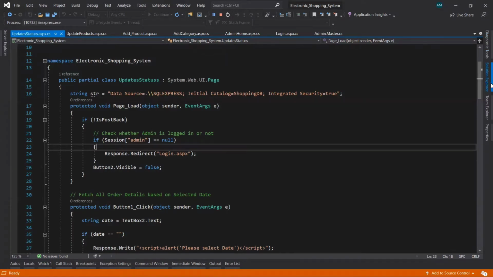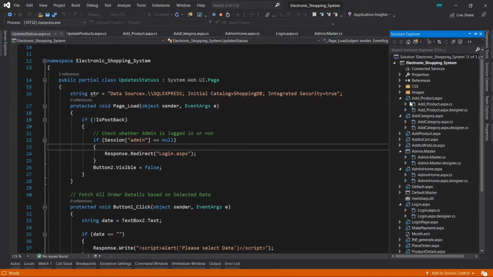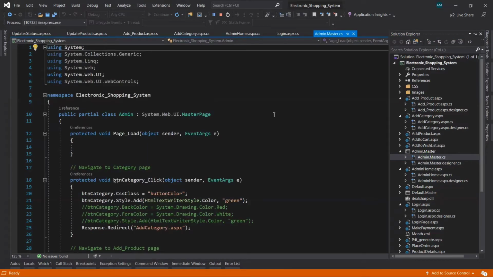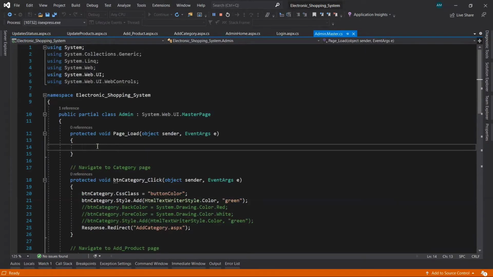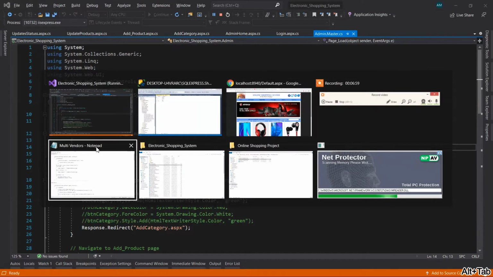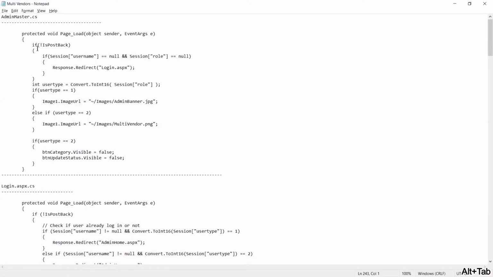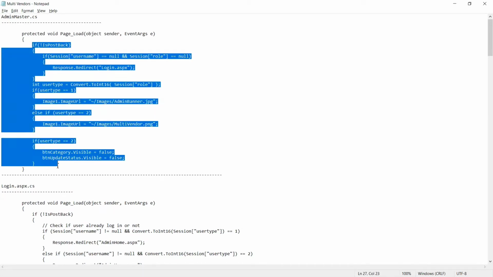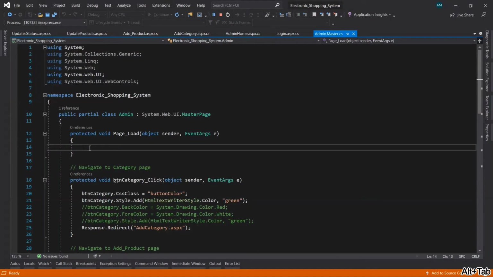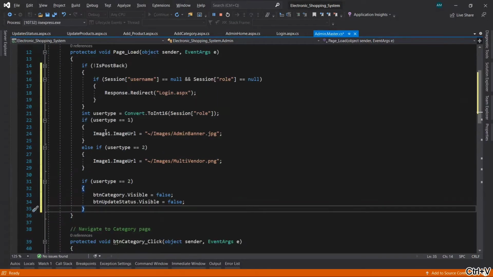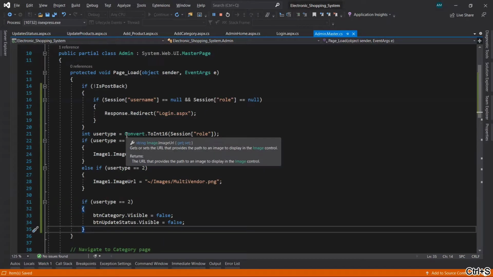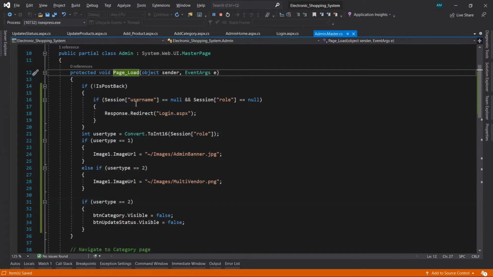Now go to the admin master page, the adminmaster.cs page. In the master page, I've added some code in the page load event. So let's see what I have done here.